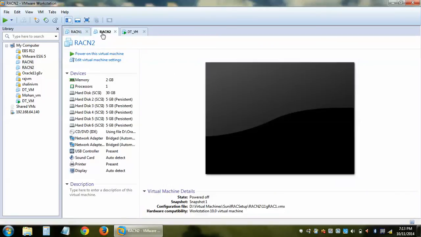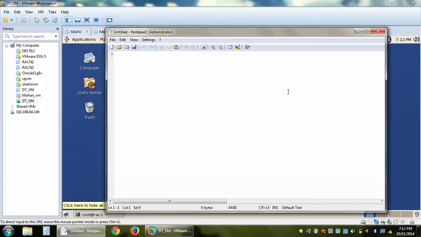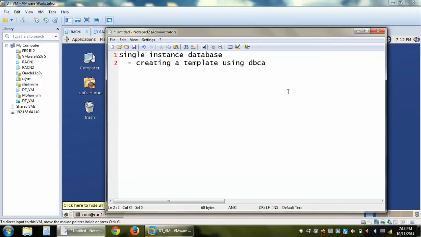So there is a two-node RAC setup which I have in my machine. So we have RAC N1 and RAC N2, and I have one machine where I'm running a single instance database. So let me just tell you what procedure we will be following to convert from non-RAC to RAC. So basically I have a single instance database, and what I'll be doing is creating a template using DBCA on this same